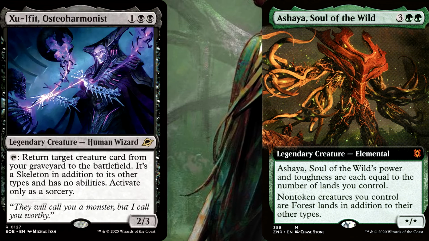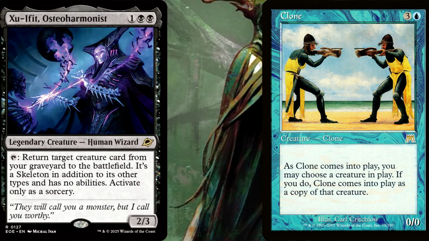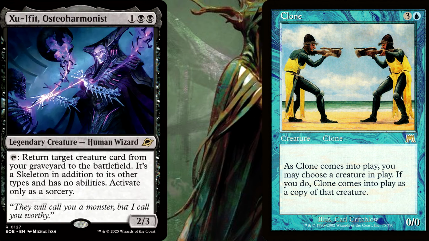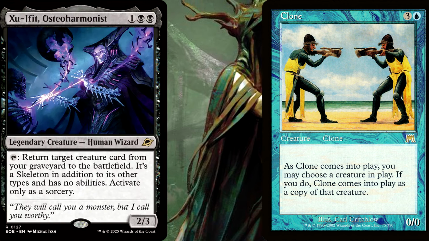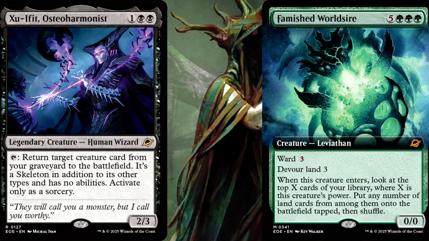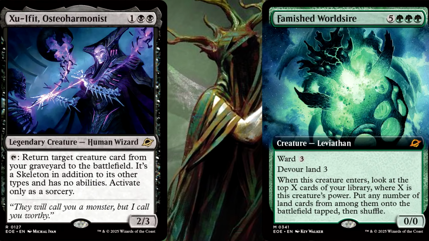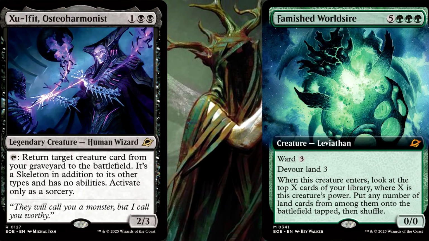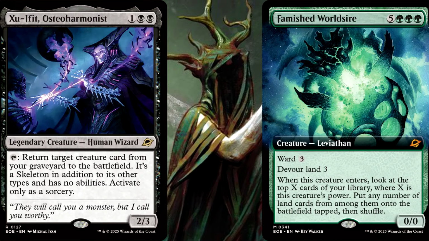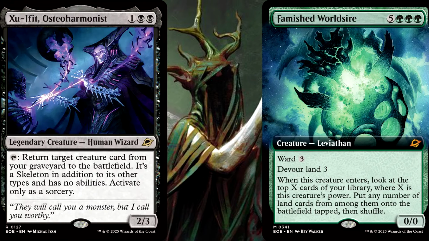This also means that you can't use it to bring back a clone from your graveyard and have that clone enter as a copy of some other creature on the battlefield with a crazy high power and toughness. Or, for example, of another card from the same Edge of Eternities set, Famished Worldsire has a Devour Land ability, which lets you sacrifice lands as it enters, but it will not have that Devour ability as it enters, and it will just enter as a 0/0 like the Clone